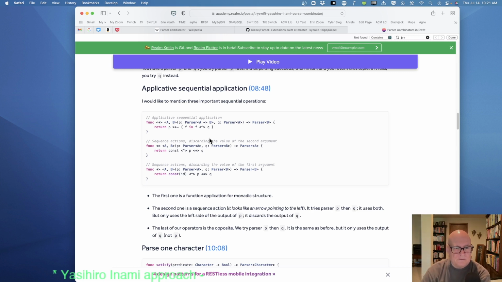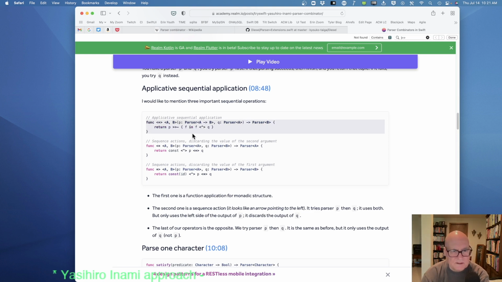We have a parser from A to B. F and F. Well, I don't know what this const thing is. Well, let's see if this.